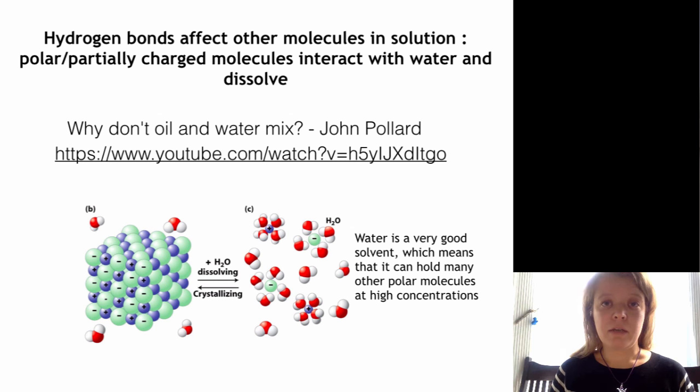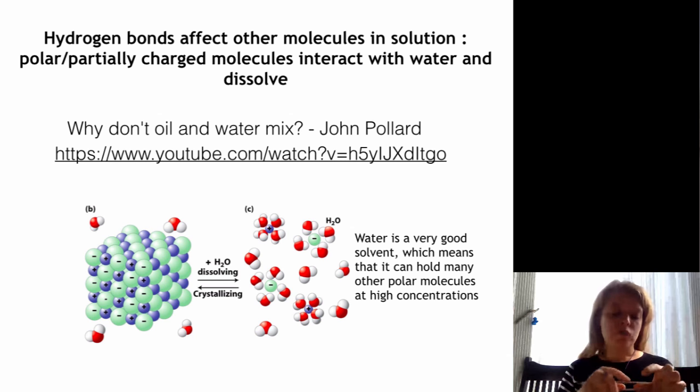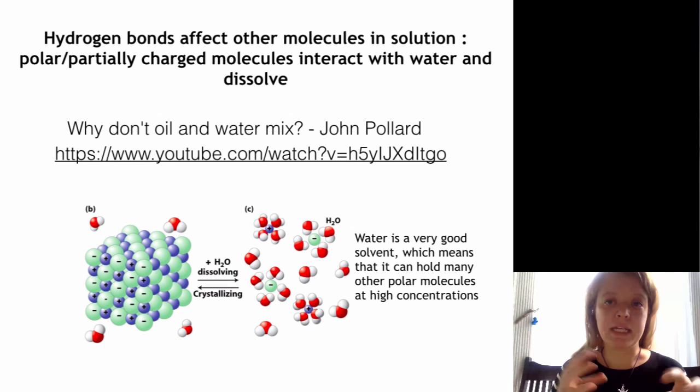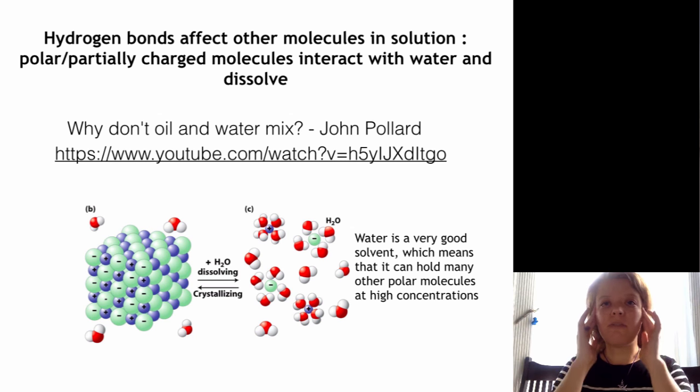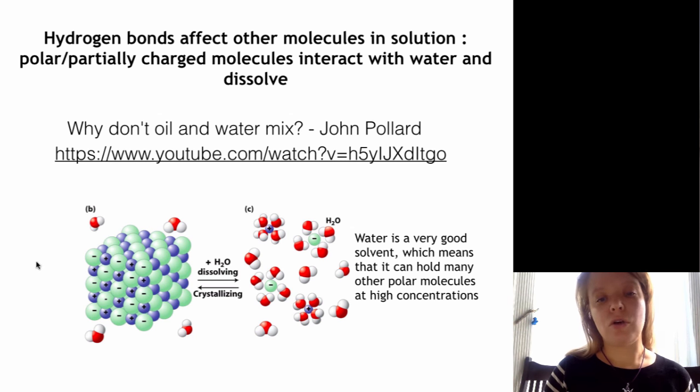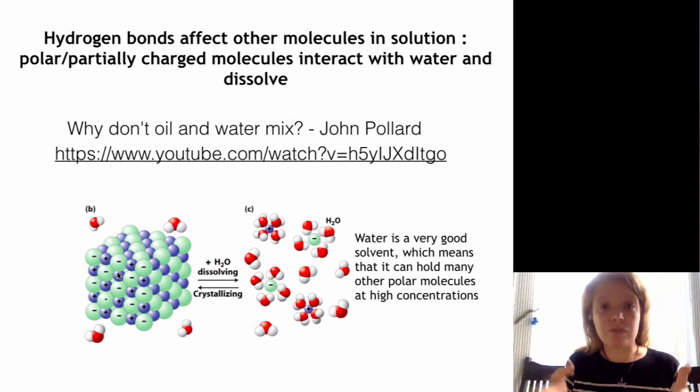And hydrogen bonding is also very important for both stability and interaction of different proteins and nucleotides. So water doesn't just form lattices with itself, creating its liquid state. Hydrogen bonds will affect other molecules in solution. So if you have salt, which is an ionic bond compound with chlorine carrying a negative charge and sodium carrying a positive charge, water will interact with the salt atoms and break them down, allowing for salt to dissolve in